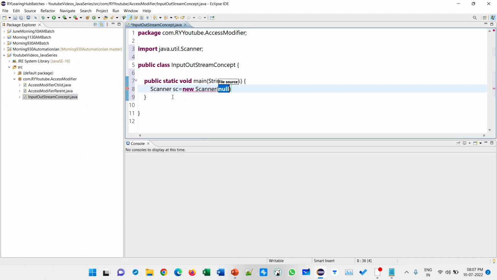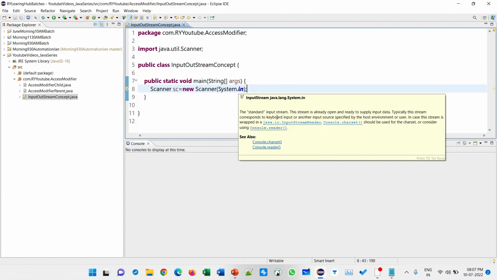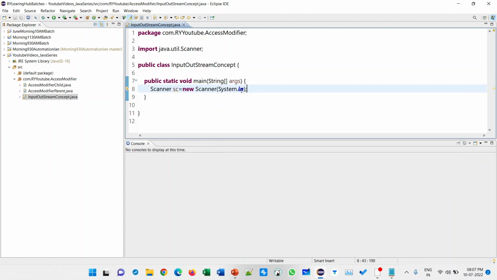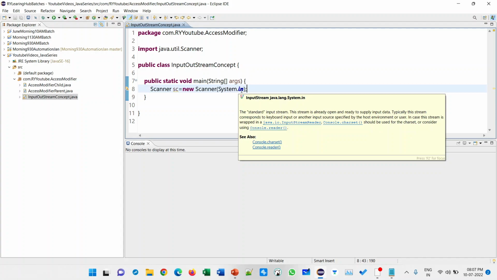For now, we will cover one input stream, System.in. This indicates we will read the input data from the console. You can read the definition of input stream by hovering the mouse over the in.